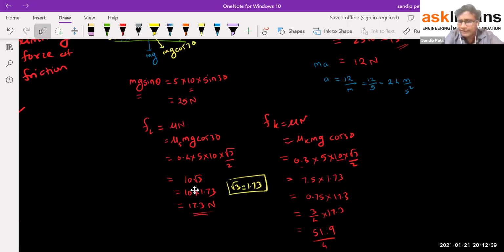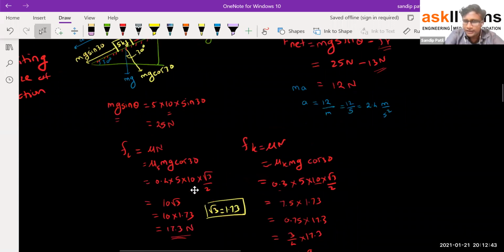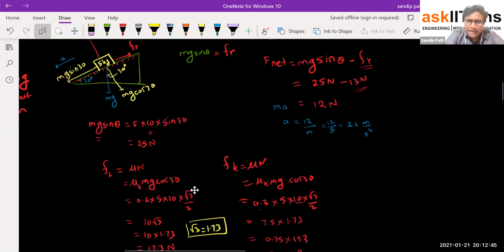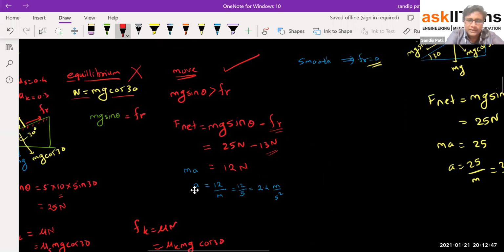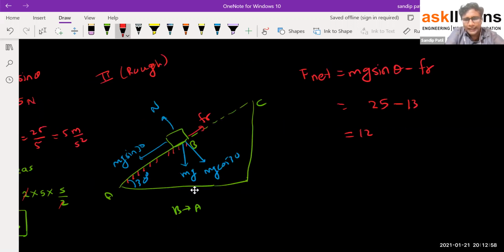Why are we not considering 17.3? It was the static or limiting force of friction. Now as the block is moving, we have to use the kinetic force of friction, that is 13 Newton. Let's substitute the value here. Yes, 25 minus 13, that is 12, right? Well, I can say this is ma, so acceleration is equal to 12 upon 5 or 2.4 meter per second